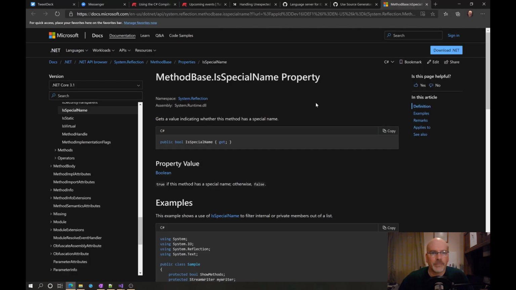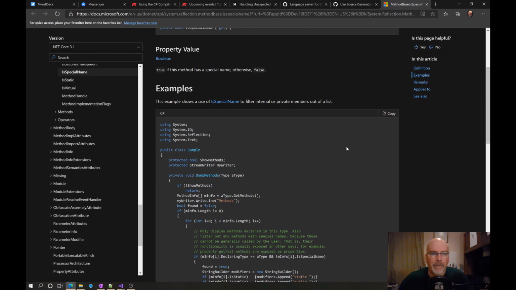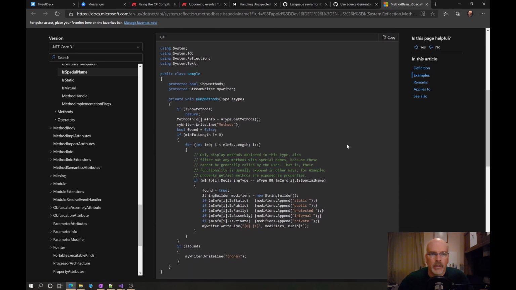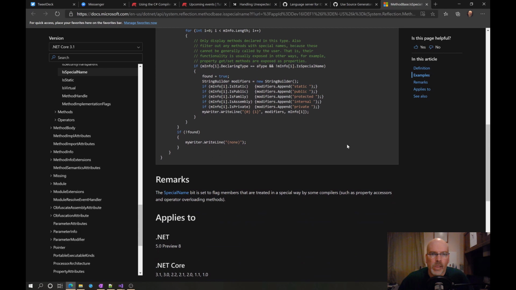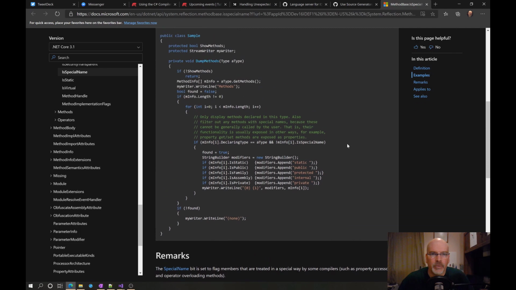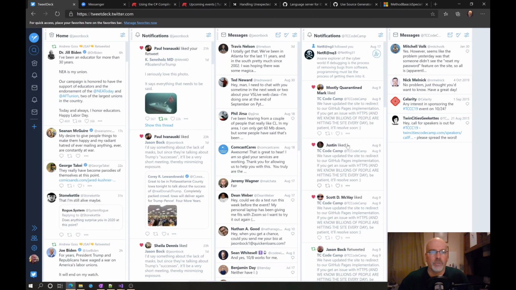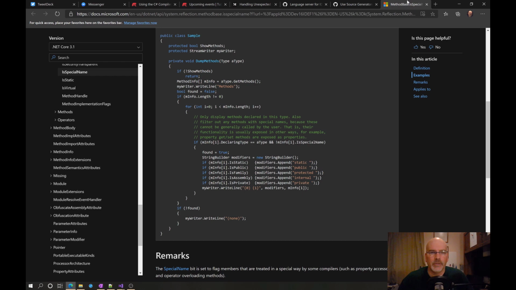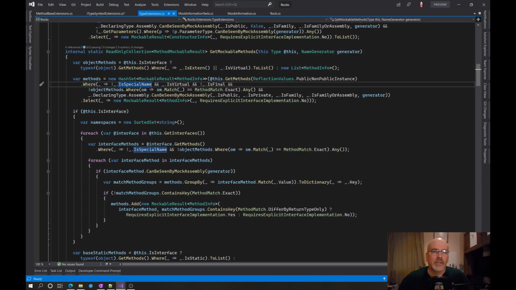Yep, off to this. This example shows the use of IsSpecialName to filter internal or private members out of a list. All display methods declared in this type also filter out any method with special names because these cannot be generally called by the user. That is, their functionality is usually exposed in other ways. For example, property gets. So like a special name is get underscore something, because that's usually